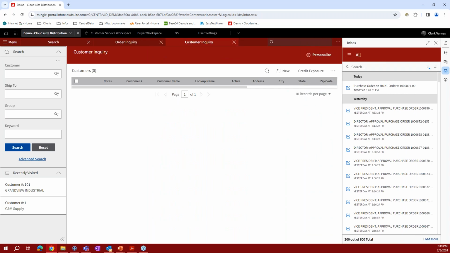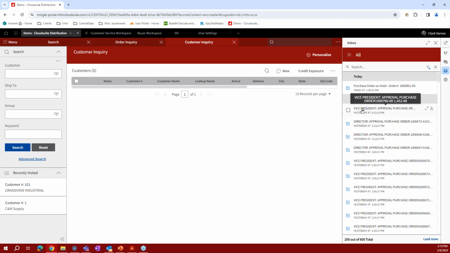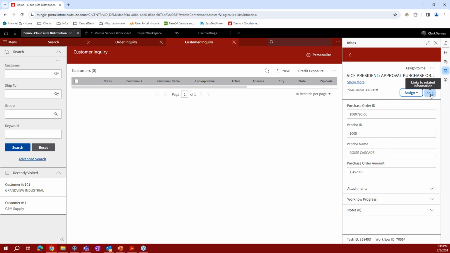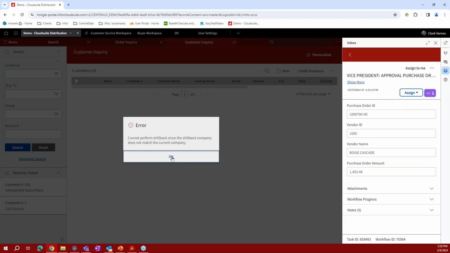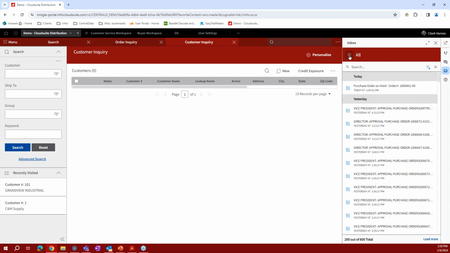So if I want to make this a little bit smaller so I can see my application better, if I'm working on a particular purchase order because I have an alert that it's gone on hold, I can view this information right here and then view that purchase order right next to it. Same thing with tasks for approval. Maybe I have a purchase order that I need to approve, and provided this is for my company, and I'm not sure that it is, but let's give it a try. I have that drill back where it can open that PO right within my CSD application to the left of the Smart Panel. Now that was one that I didn't have in my environment,